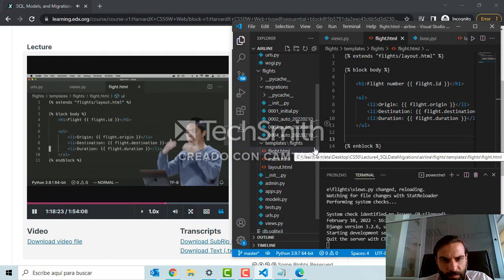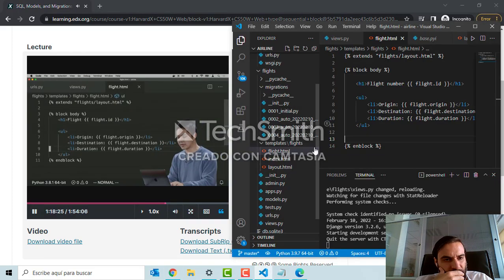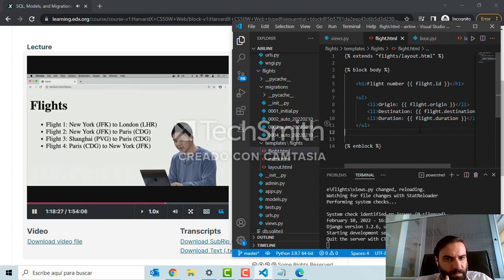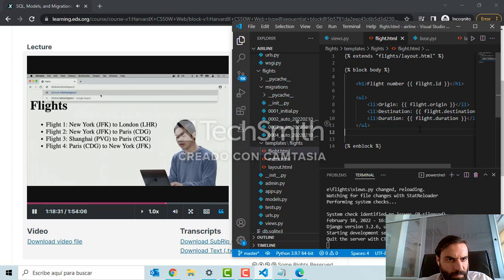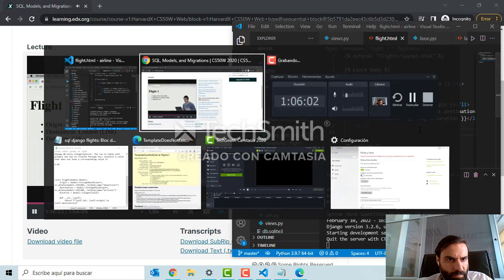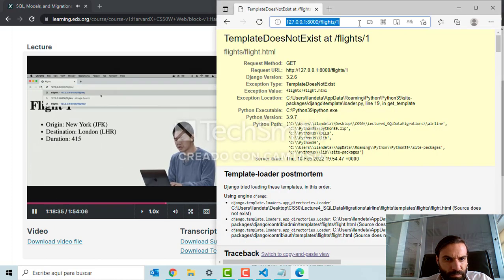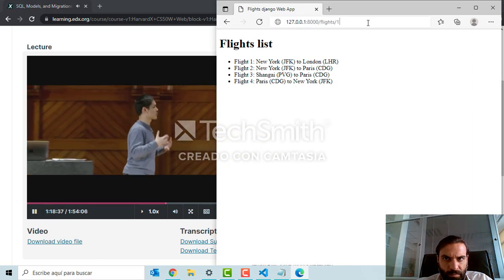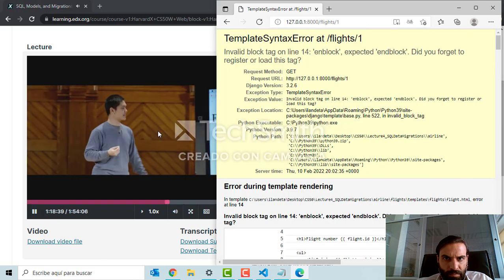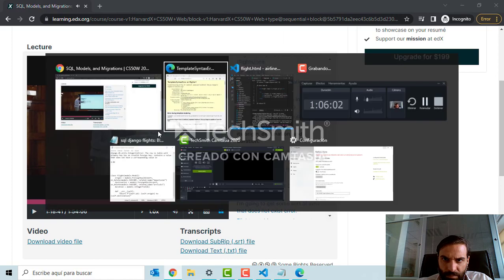So now I have a page that displays flight information about any particular flight. And if I go ahead and load not /flights in my web browser, but /flight/1, for example, well, now I have information about flight number 1. And /flight/2 gets me information about flight number 2. Querying for that particular flight, then printing out its origin,